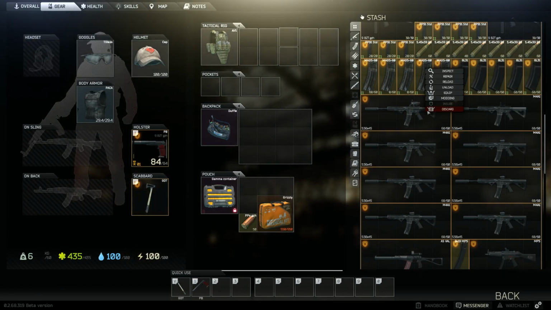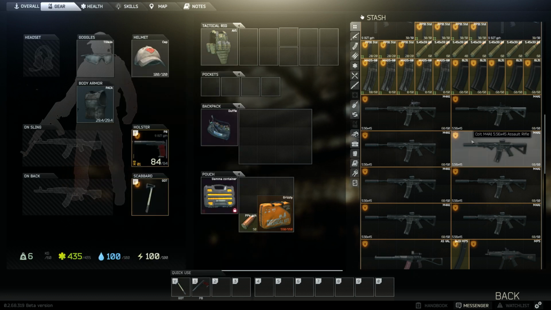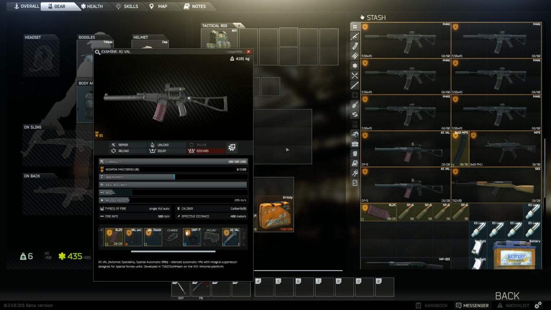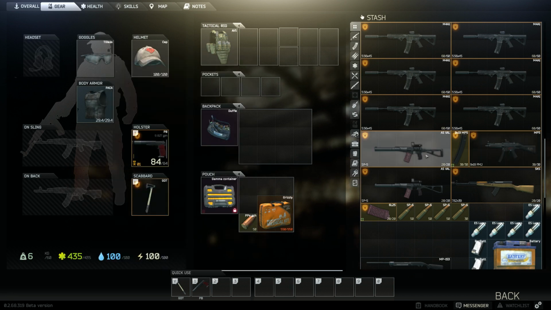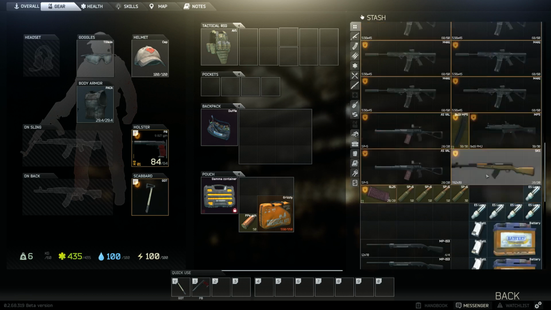So if you look at inspecting it, it will show you that the recoil has been brought down dramatically. It's lost a little bit of muzzle velocity, but we've got more ergonomics, and it's got virtually no recoil, and these weapons are fantastic, although I don't use them that much. I've got an AS Val, which is just an absolute beautiful weapon. Again, I don't use it because I don't want to lose it. I've got an SKS, an MP5,